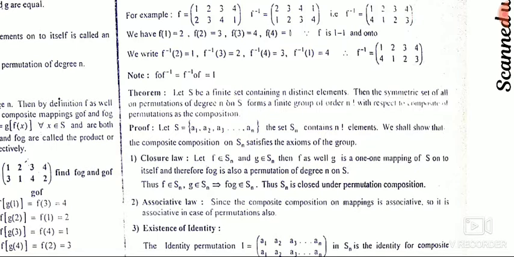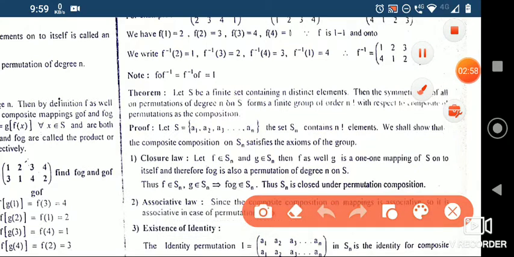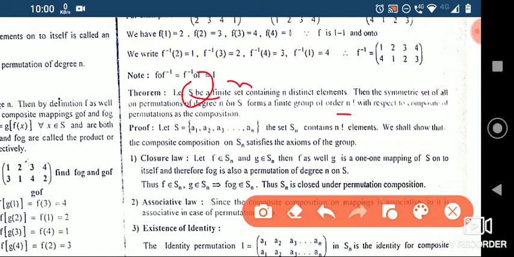That is, if you have a finite set S containing n elements, then its permutation group, or symmetric group, will contain n factorial elements, with composition of permutations as the operation.